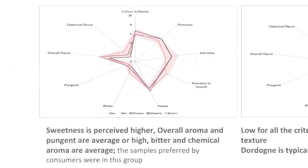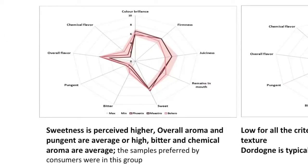In the third group, sweetness is also perceived high, and for this group, overall aroma and pungent are average or high. Bitter and chemical flavor are average. Just a comment, as I said, this work was done to choose samples for a consumer test, and it was in this group where the most appreciated